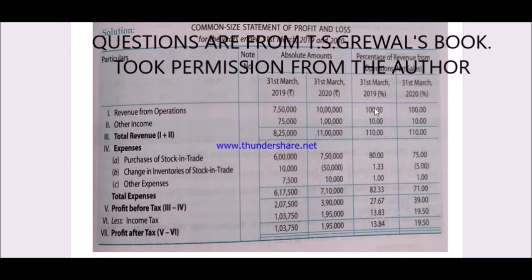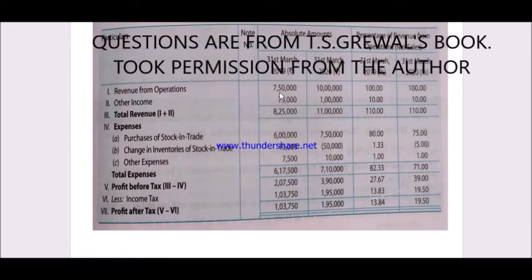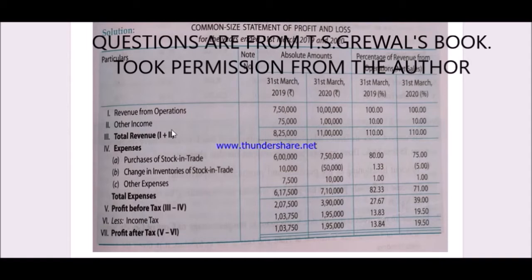So what you will do, don't mix the whole matter. You consider one column first and complete that all together, then you go to the other column. Okay, so let us see the next thing. Now we have to calculate the total income. How much is the total revenue? Total revenue is 8,25,000. Okay, now this addition is very simple. You just add these two percentages, you will get this one. Or else you can calculate it. The formula is the same: this item 8,25,000 divided by revenue from operation into 100.